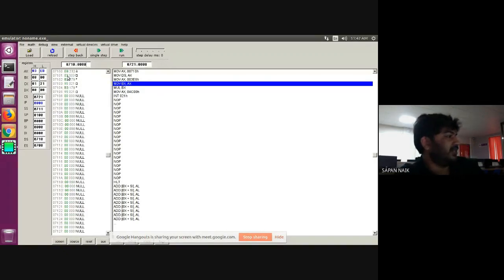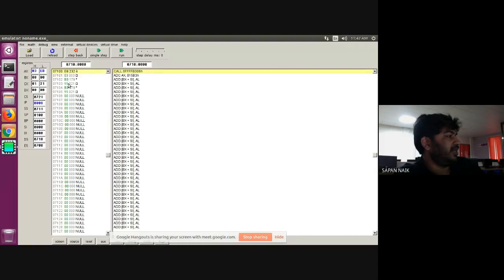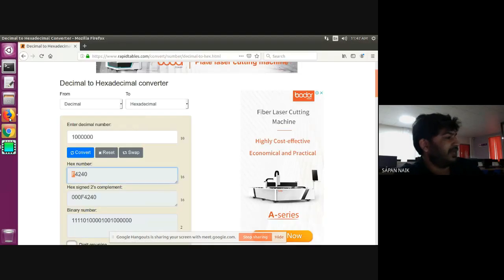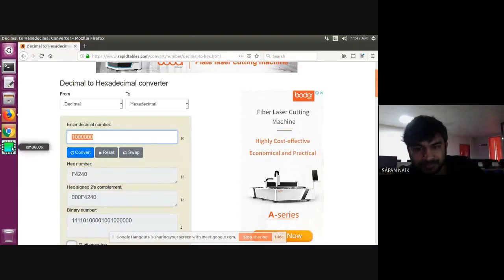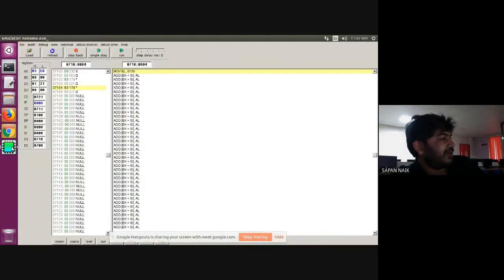As you can see, 03E8, and this is 15B3, 15B3. Why 15B3? Can you tell me why 15B3? If you are alive, can you tell me why 15B3 is stored here?